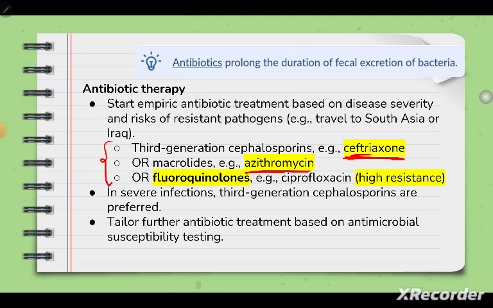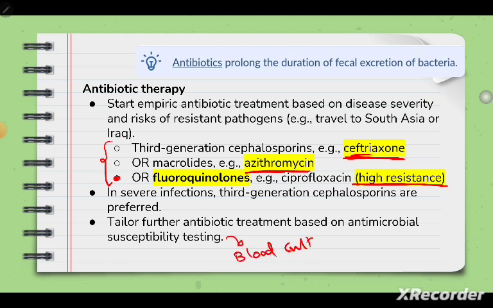And this fact is important, by the way. Quinolones such as ciprofloxacin are no longer preferred in typhoid fever because of high resistance rate. And in severe infection, we can give third generation cephalosporin, it's preferred, and we should tailor further antibiotic treatment based on antimicrobial susceptibility testing or based on blood culture